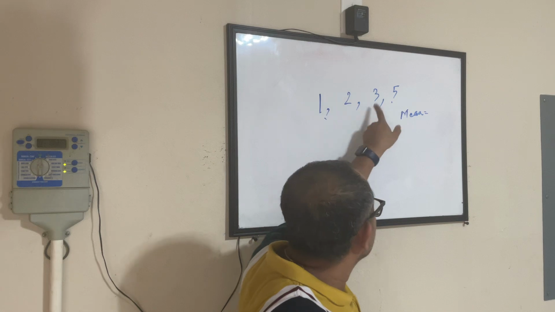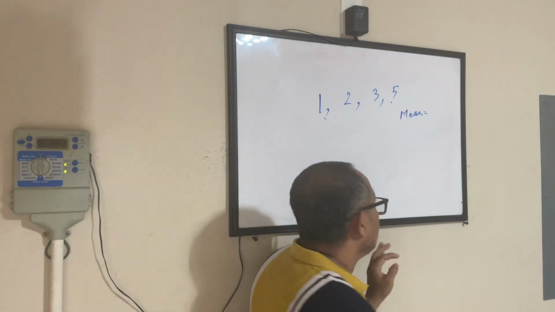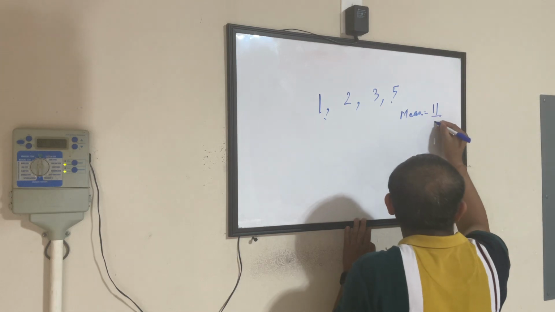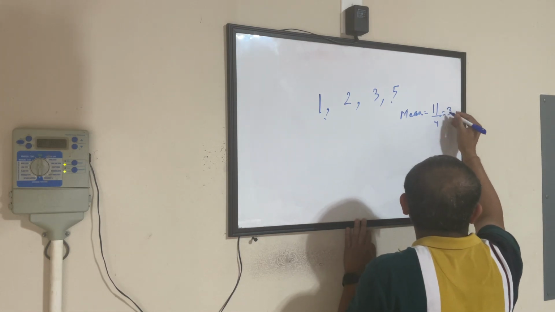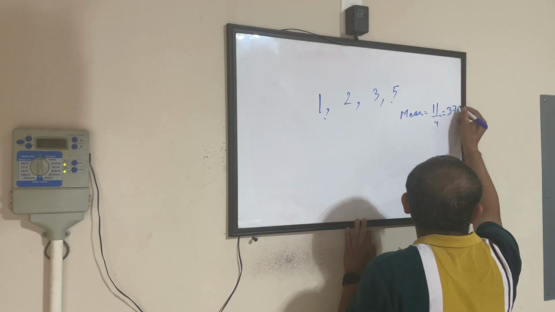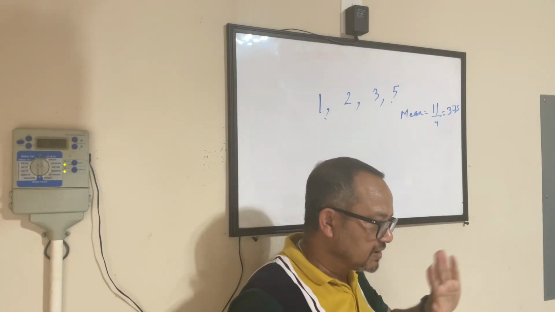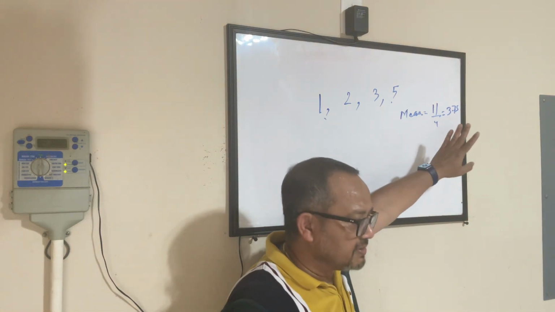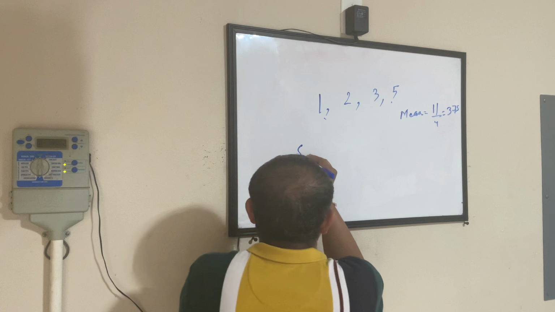1 plus 2 plus 3 plus 5. 1 plus 2 is 3, 3 plus 3 is 6, plus 5 is 11. 11 divided by 4. 4 3s are 8, 3.75. This is the mean I got. This part is okay, right? Nothing cryptic about it. Everybody knows. Now, standard deviation says